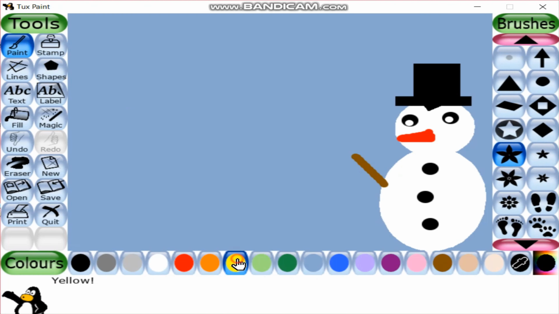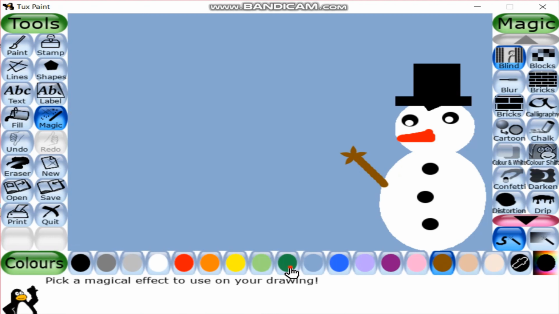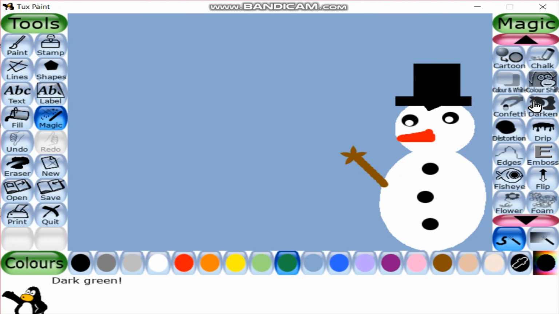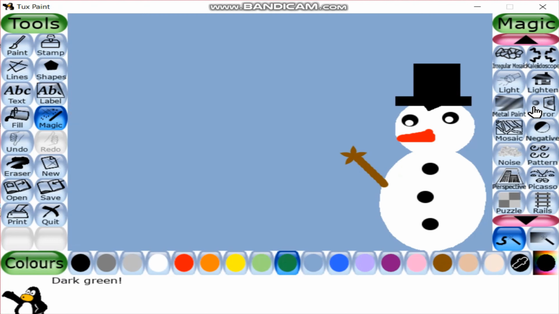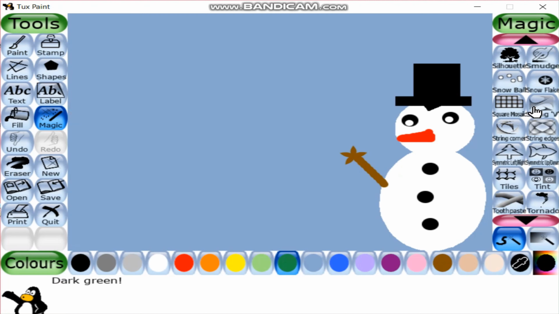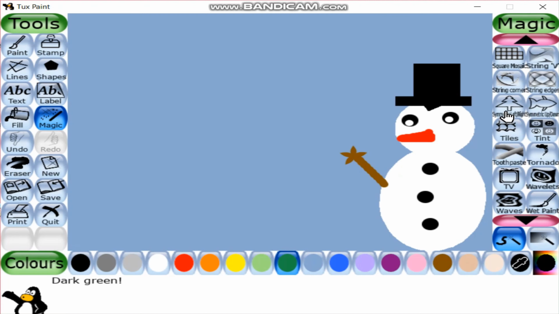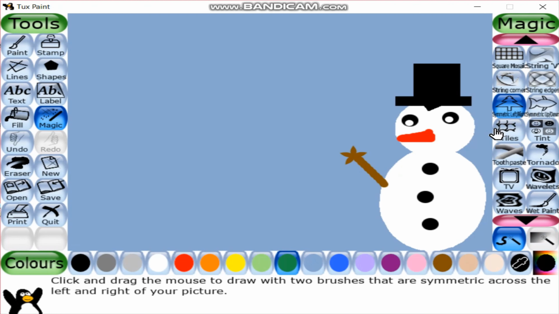The magic tool provides countless special visual effects if it is used in various combinations with other tools. Now I am showing you one such magic tool option called symmetric left right. Using this, you can draw symmetrically.